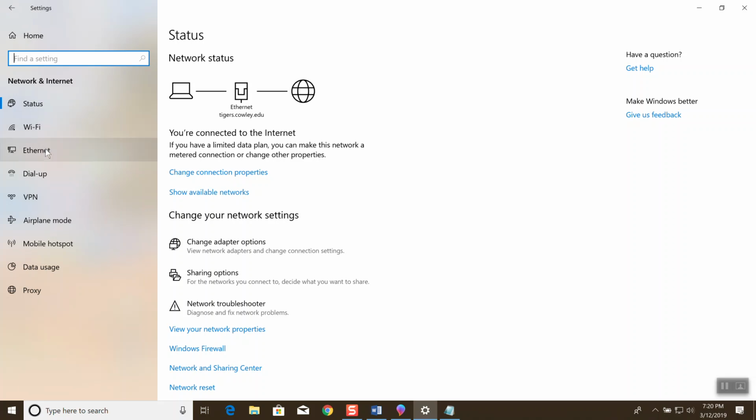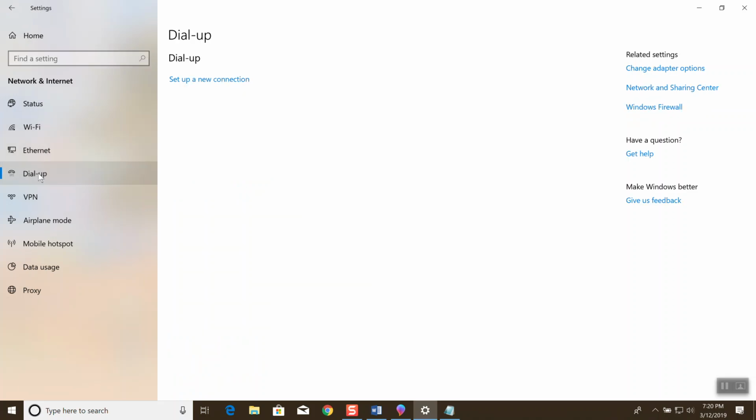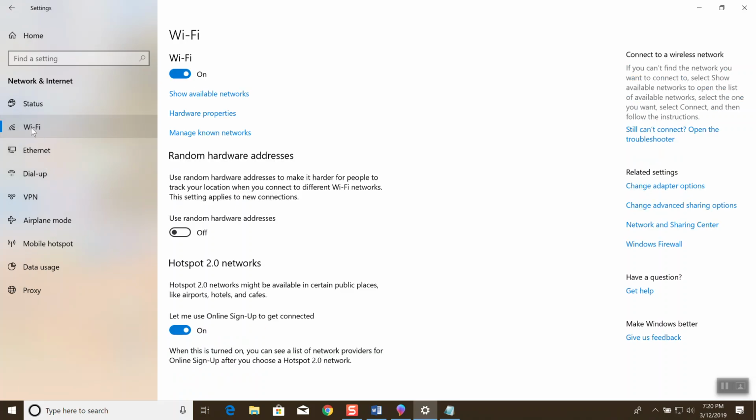There is a Wi-Fi settings here. That might be useful, though I'll show you in a different location. You see where it says show available networks? If I click that,